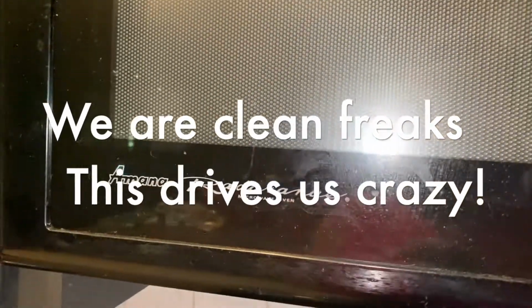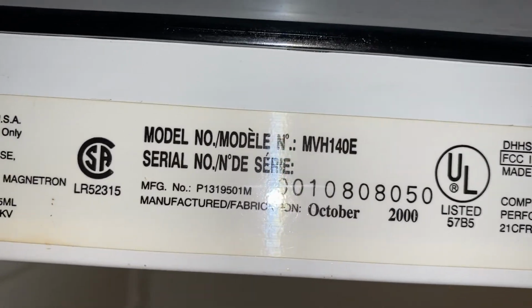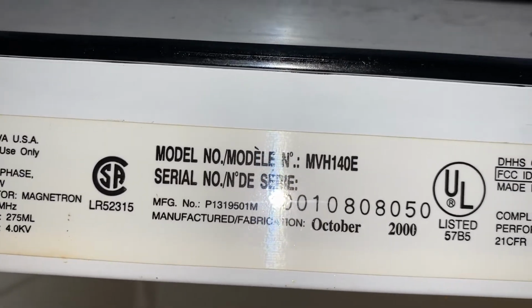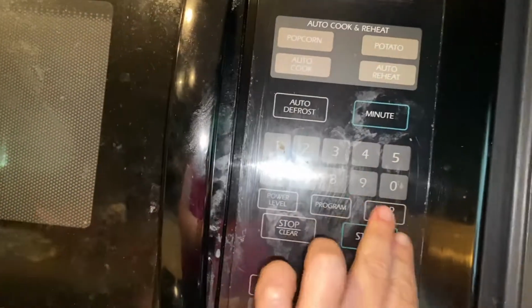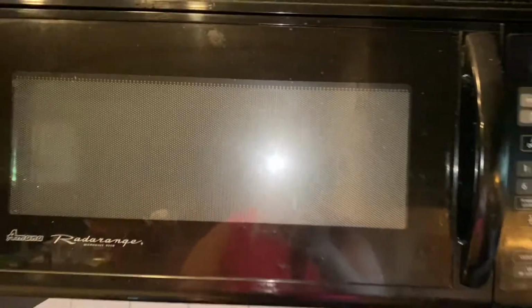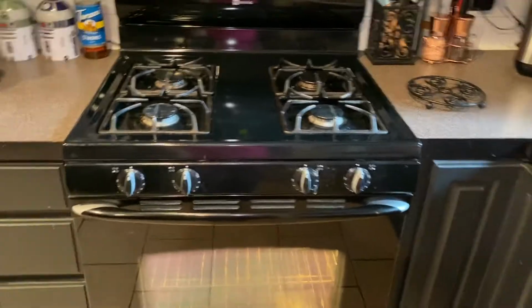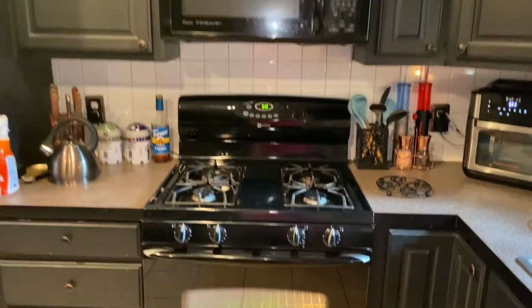I don't even know the brand, but I want to show you something. It's manufacture date, which is October of 2000. So this is a 20-year-old microwave. Again, that's just permanently on there. Some of the spots up here, even though I just wiped this down, it just gets like that, just all over again. So anyways, we're getting a new range and a new microwave today,